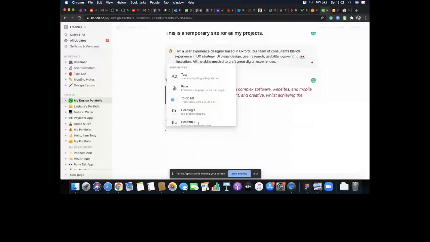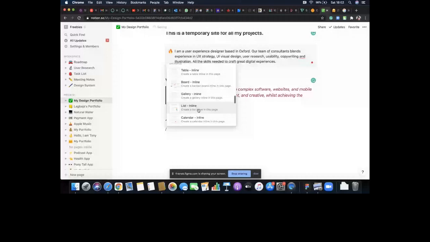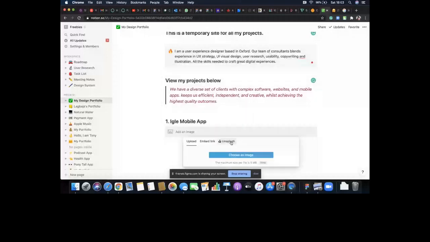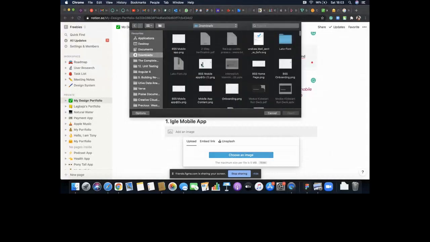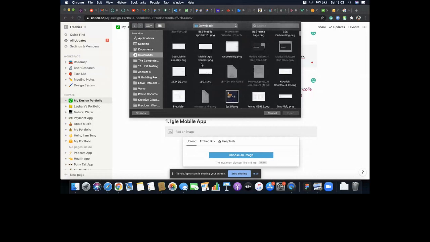And next thing I want to do is to add an image. So I'm going to scroll through to image. This is image. I can upload an image from Unsplash, but I'm rather going to go with an image from my laptop. Let me see what. Maybe I can go with this one. While the image is loading up, I will